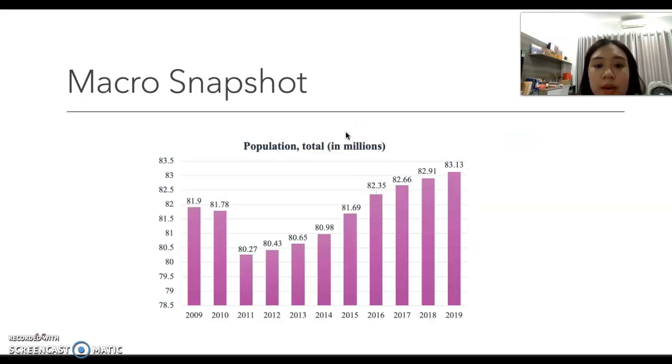Next will be the population. Germany is one of the most populous countries in Europe and is also a diverse immigrant country. So a highly knowledgeable and well-qualified population will provide companies with a high labor force. However, Germany's population growth rates are quite low. Thus, the population will soon decline before 2050, leading to a lower supply of employees to the market.